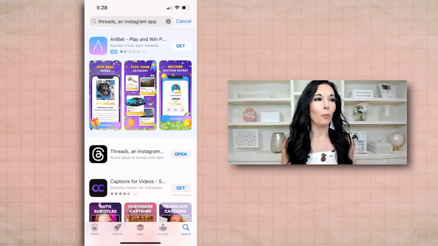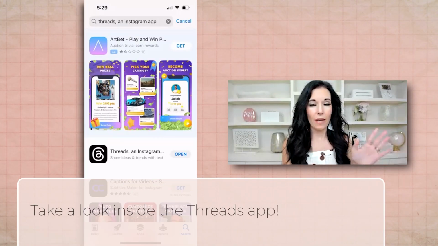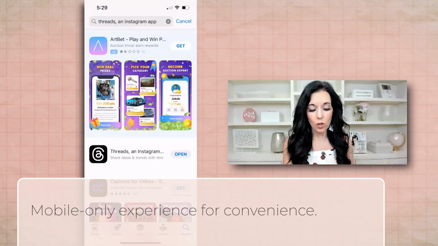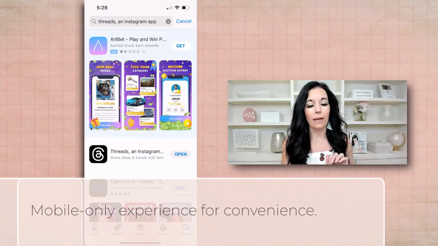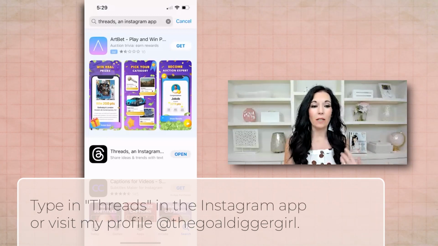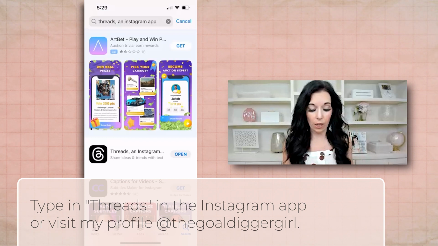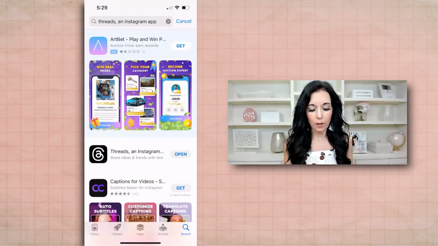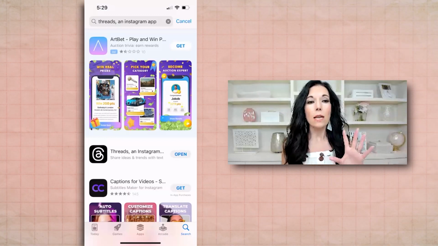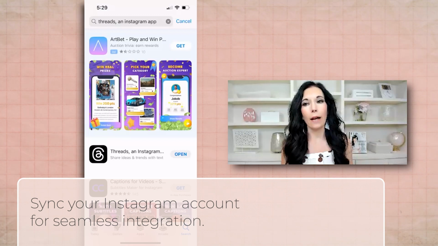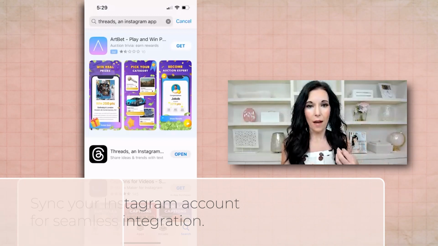Okay, so now we're going to take a look right inside of the apps. As of right now, you're only going to be on mobile with this, and that's usually how people are going to use it anyways. So go ahead and type in Threads and Instagram app, or if you follow me at the Gold Digger Girl, you can click through right on my profile to get your own account. It's actually integrated with Instagram. So when you click the Threads app, it's going to sync up to your Instagram account and use that login. And the really cool feature is that it can pull your bio, all of that from